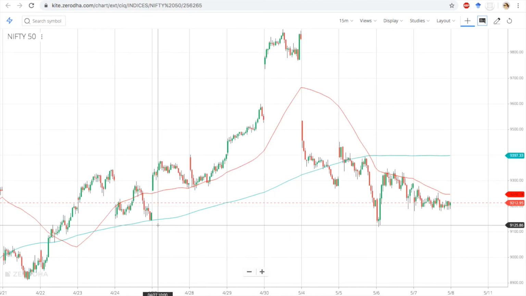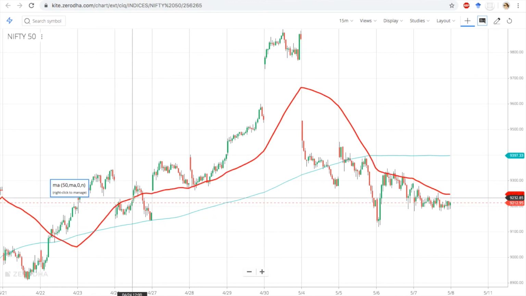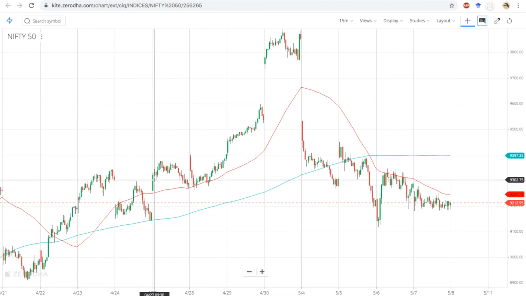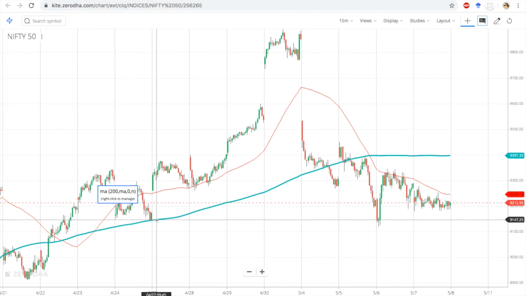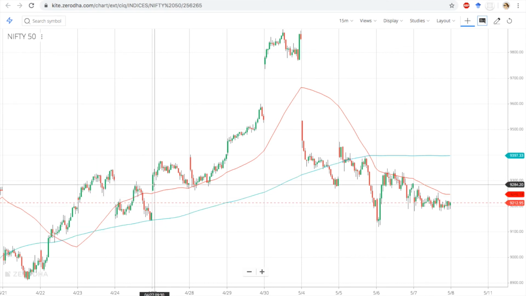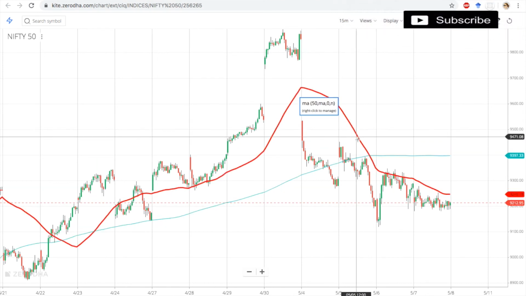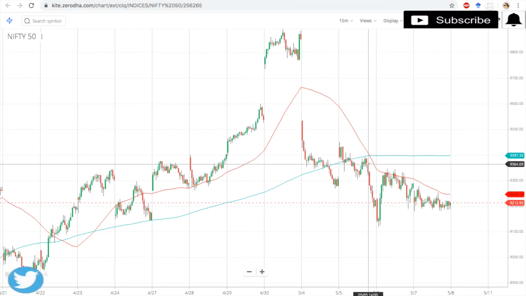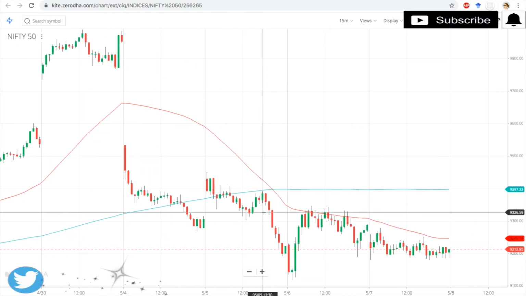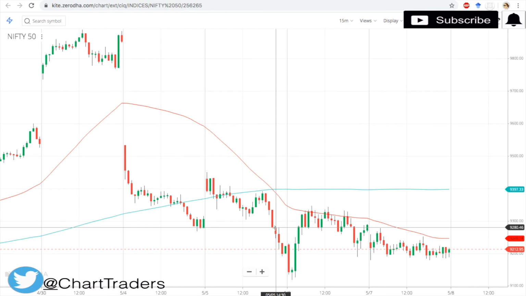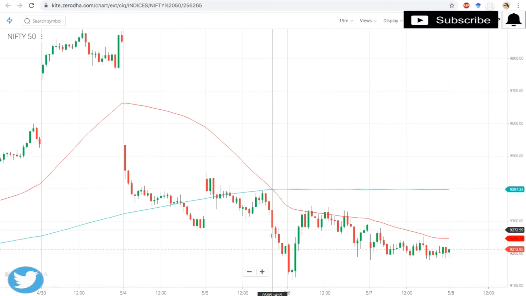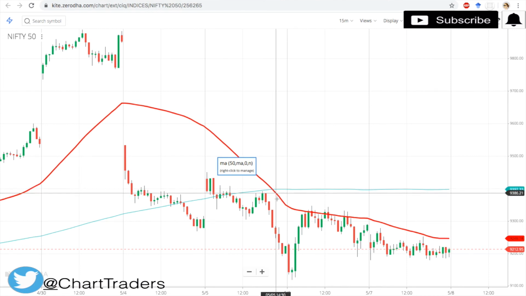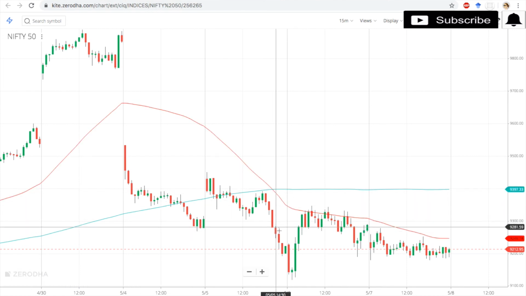So you can see it acts as a support and resistance. Normally if you want to take a trade, whenever price closes above the 50-day and the 50-day moving average is above the 200 moving average, you can take a trade. Same way, whenever the 50-day moving average crosses below the 200 moving average, you can sell here at this point. Here is the crossing, so at the close of this candle you can sell here, because at the close of this candle the moving average will close, so you can take the trade here.